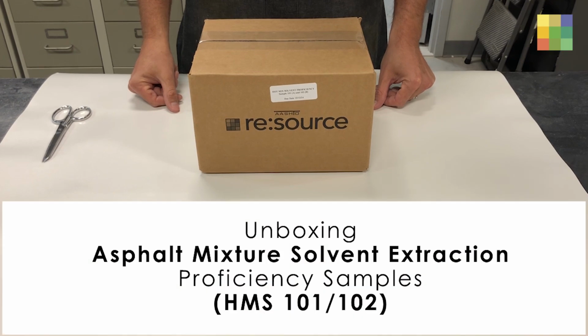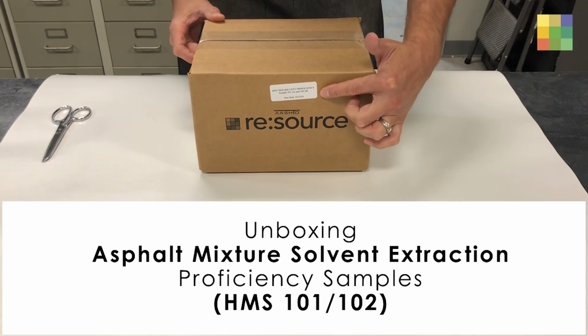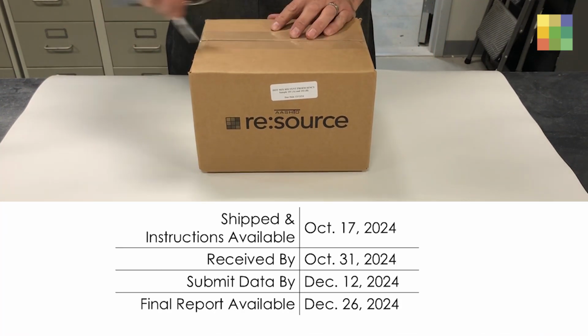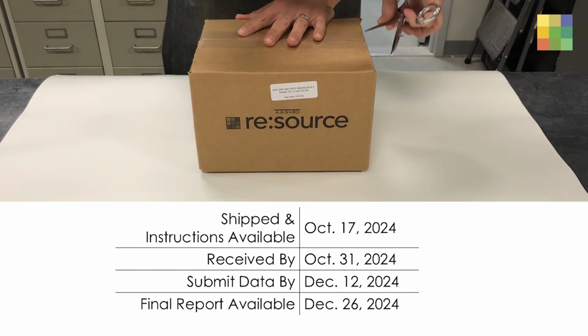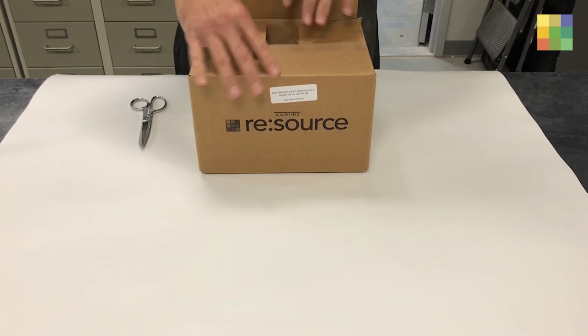Asphalt mixture solvent extraction proficiency samples 101 and 102 are currently being processed and packaged for shipping. The material will be shipped to you on October 17th, 2024. Upon receipt, carefully open the boxes to check to see if the samples were damaged in shipment or if they